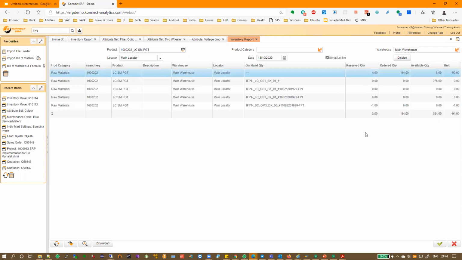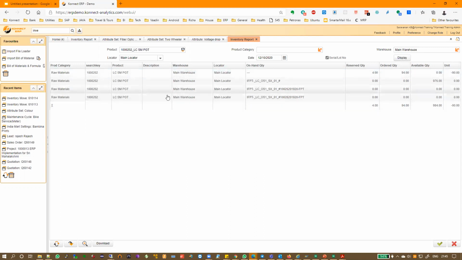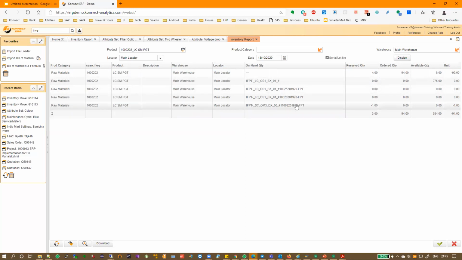All right. Okay. Any doubts here? So this is the stock report. Always understand that the stock report, although I have given a date here, this date does not mean anything, which means to say if I say as of 12th, I click display, it will remove based on material policy only. Okay. It technically may or may not give you the stock as of that date, because this is a bit tricky because of how the negative inventory works. Okay. So, but yes, although we have given a date here, all right. So it does in a way try to show you the record based on the stock, but not be accurate.